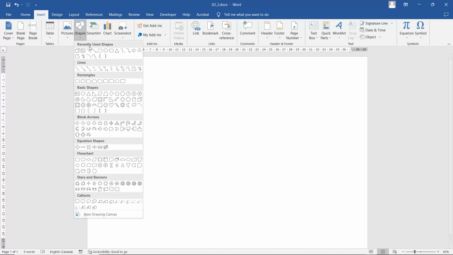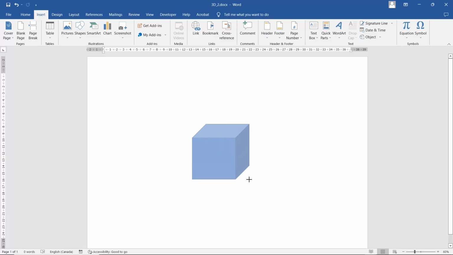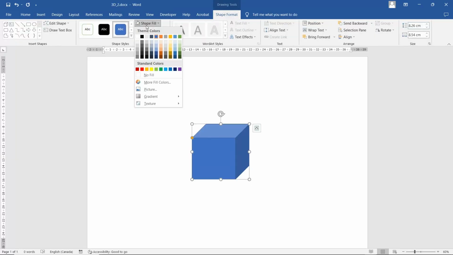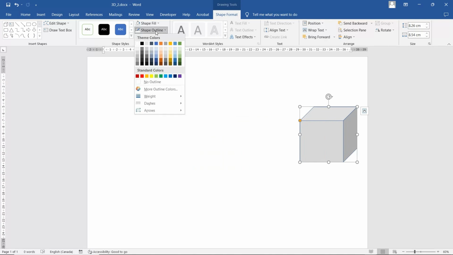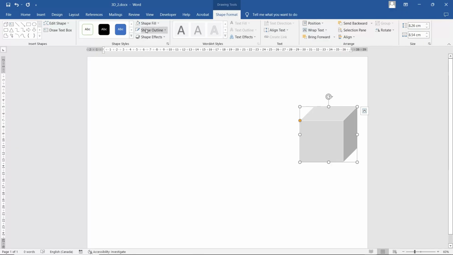Insert, shapes, choose this cube, shape fill, give it a light gray for now. Let's move it over to the side, outline, maybe give it a white outline,